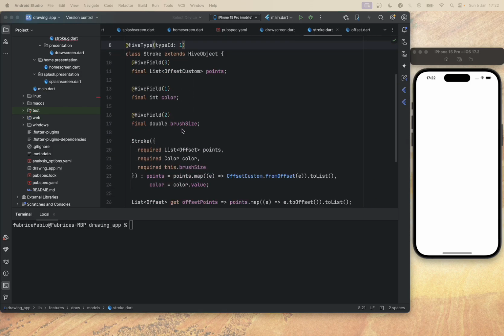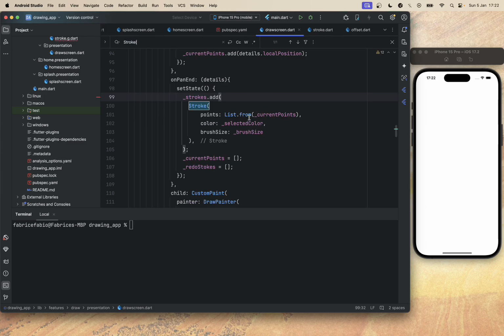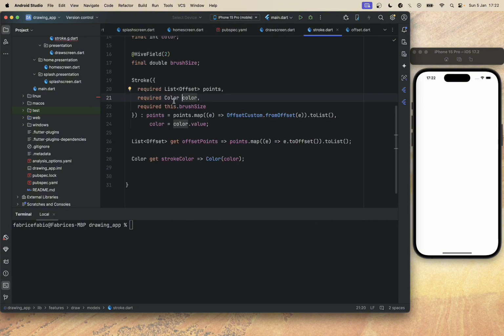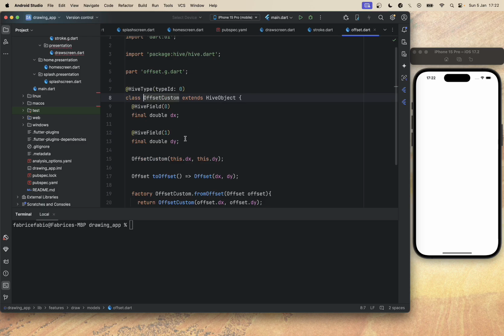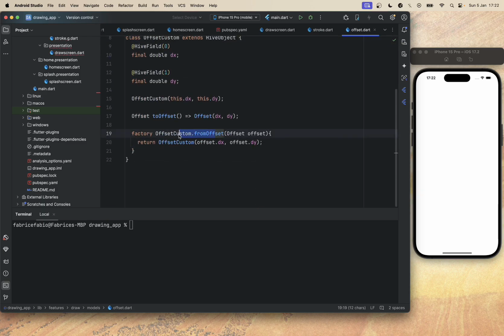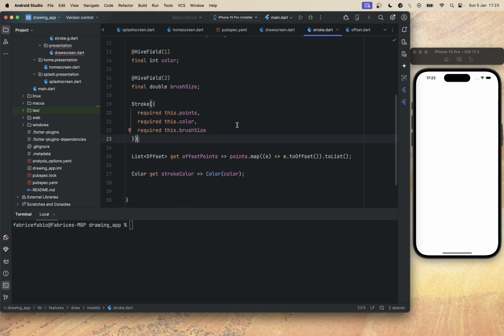So in our case, as you can see, when we pass the stroke, in case of the color, we pass the color, but we should not. I mean, we should have something like this because we define the color as integer, right? And very similar to the point, when we pass the offset custom, the offset custom itself can convert the offsets to the offset custom. So basically it is kind of serialization. So what we are going to do is remove those first of all,